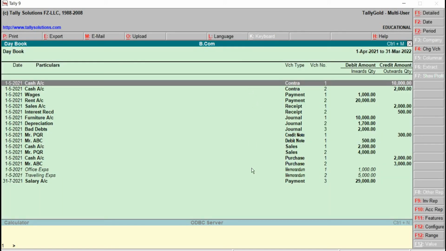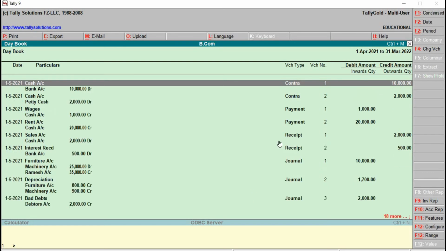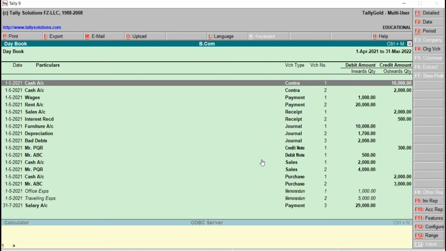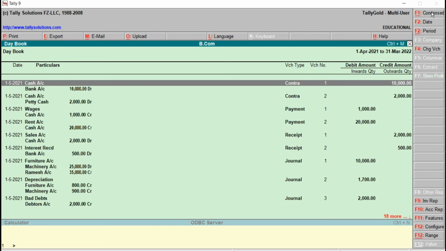Here we can see all the transactions. To see the detailed one, press Alt and function key F1. In the same way, on the top right hand side we have condensed, detailed. Here we can give the print command, that is Alt and P.